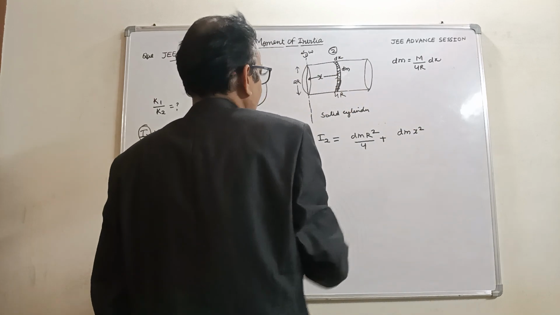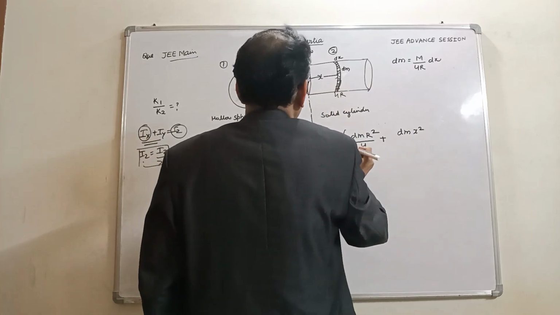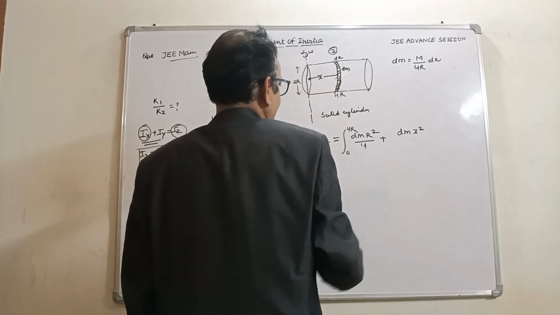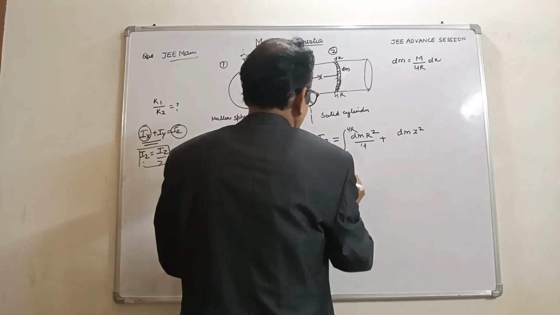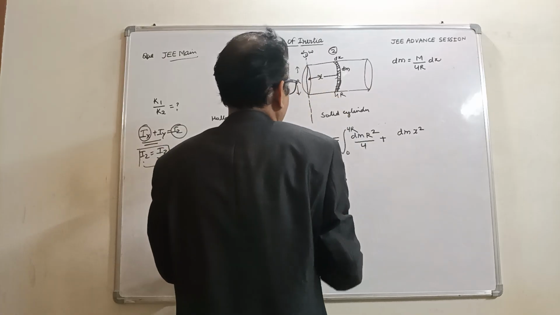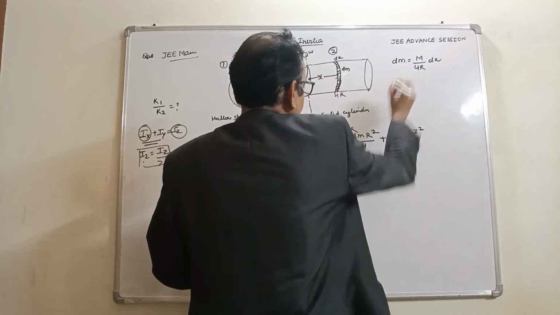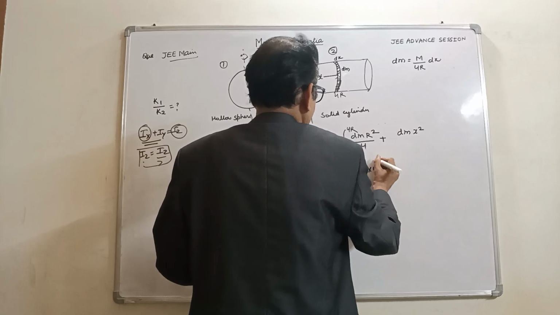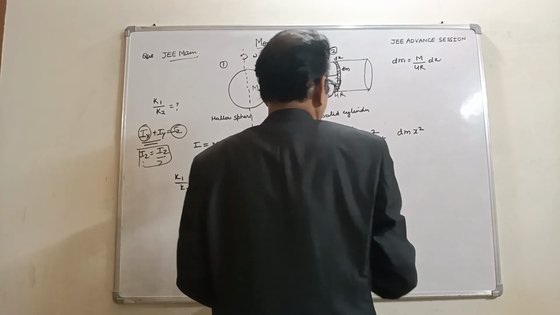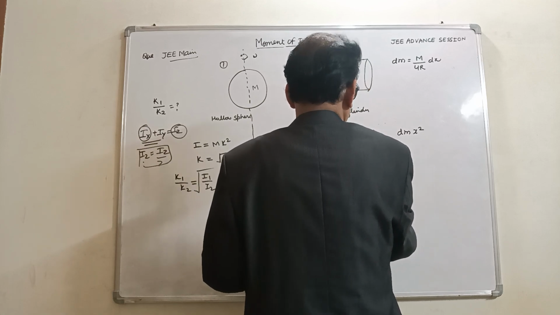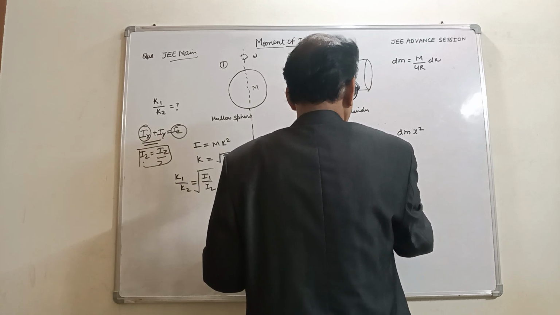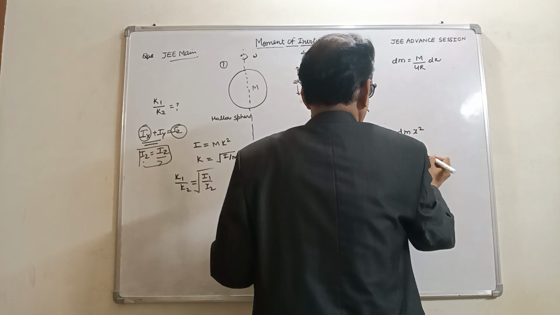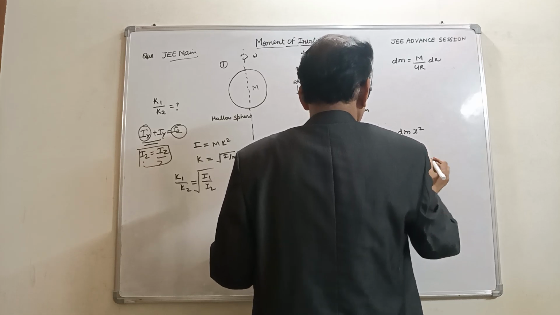So moment of inertia would be dm x square for this, and we have to integrate from 0 to 4r. Here we write 0 to 4r, taking the x is very easy here. So 0 to, this is mr square by 2, mr square by 4. So dm, put the value here, m upon 4r into 4, this is r square, plus 0 to 4r into dx, plus m upon 4r into dx, this is m and x square, this is x square.